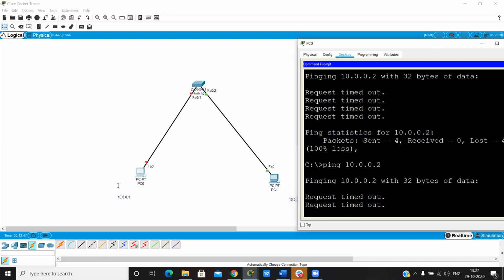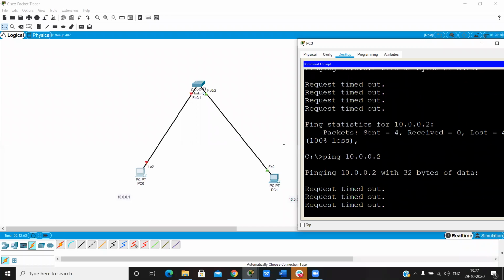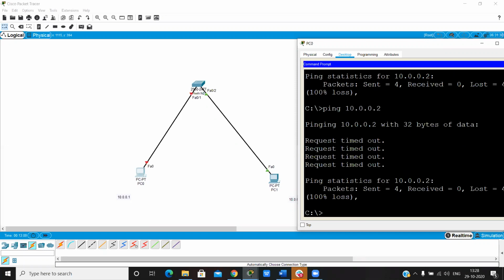Okay, did you understand how port security works? Suppose someone changes the MAC address; if you enable the sticky option, it will not allow it, right? Yes. Okay, a different MAC address or different devices.